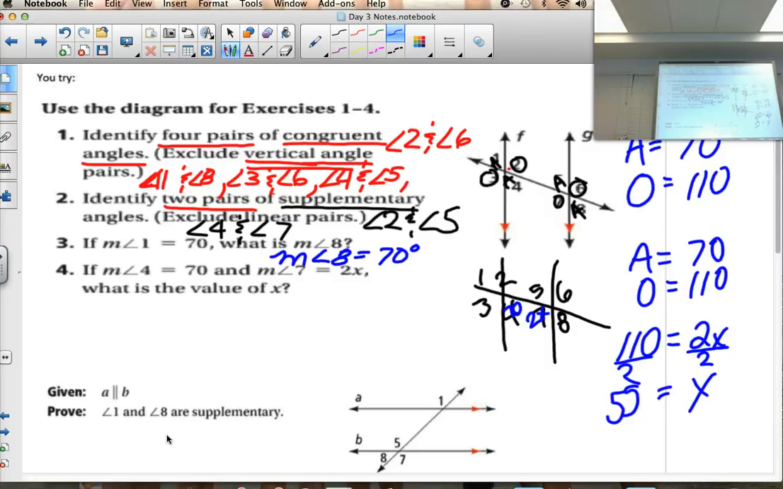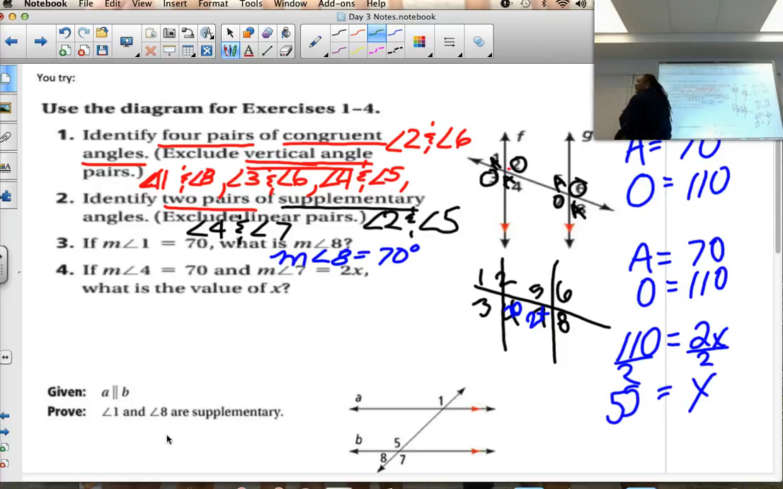Well, let's see it another way, because I could do it another way as well. 70 equals 2x. Okay, why did you say that 70 was 2x? What did you end up putting in for your O's and A's? Angle number 4 was 70. So 70 is what type of angle? Is that an acute or an obtuse? Okay, so if that's an acute angle,